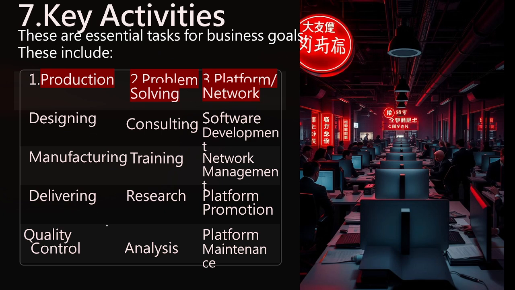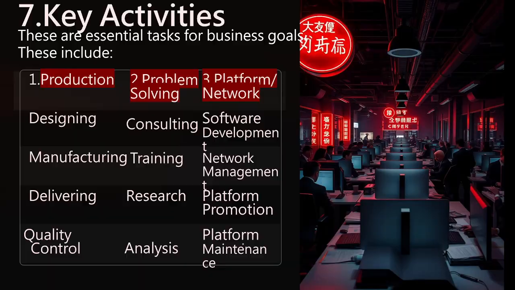You can manufacture, you can deliver, you can even do quality control. Problem solving involves consulting, training, research, analysis, etc. Then in a platform or network, you need software development, network management, platform promotion, and